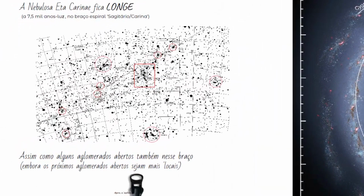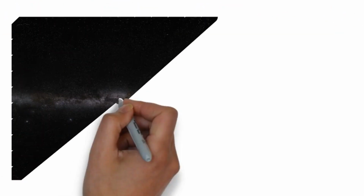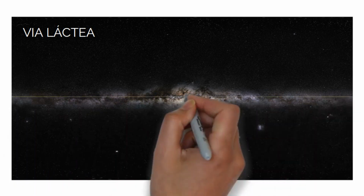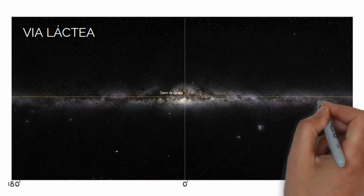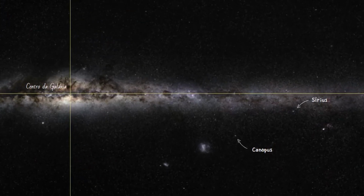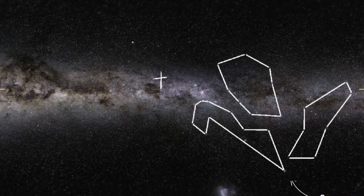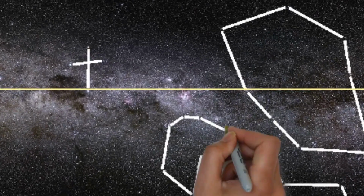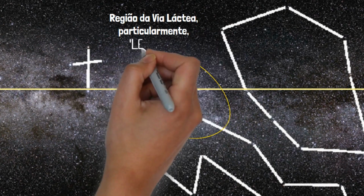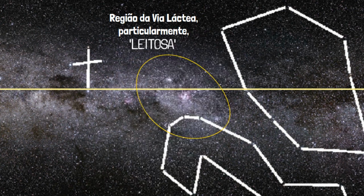Now we can add some interesting information about the region of Eta Carinae that can be seen in only a few places. Let's go back to the representation of the Milky Way as seen in the night sky, but projected onto a cylindrical surface. By coincidence, this milky region is not only the location of several distant open clusters and the enormous Eta Carinae nebula, but it is also a region of the sky where the Sagittarius Carina spiral arm reaches its greatest angle of opening. In other words, it's where we have a tangent of this